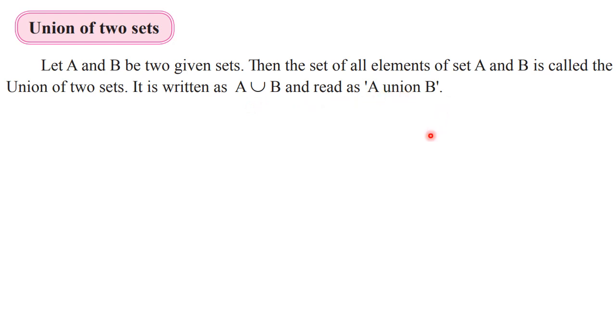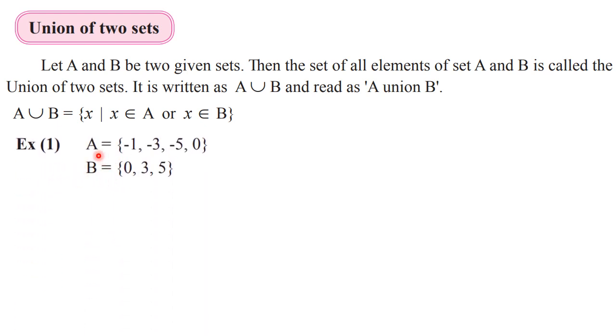Let us see how to write it in the set builder form. So A union B is a set of all x such that x belongs to A or x belongs to B. See, in intersection we were having the word and there. Just now we have seen. Okay, so that and word stands for intersection and or word stands for union. Okay, now let us take one example.